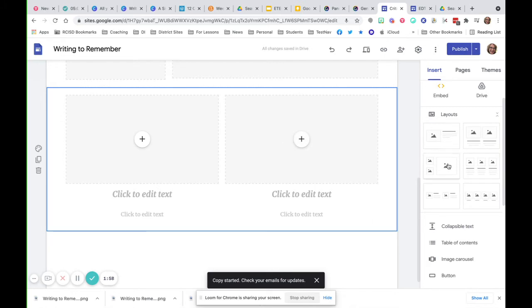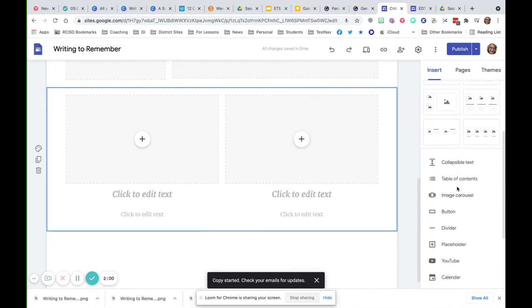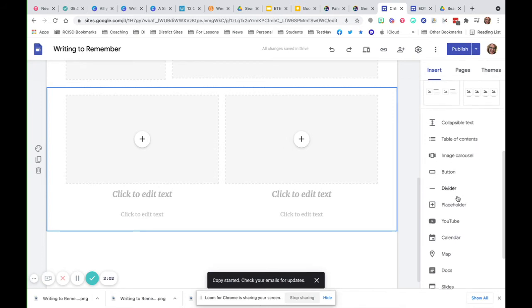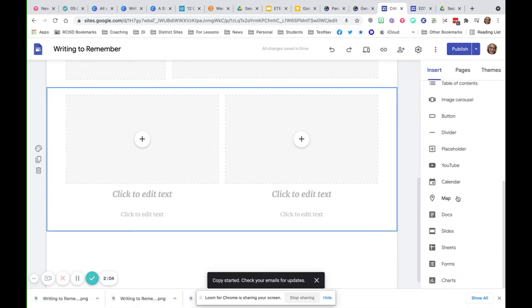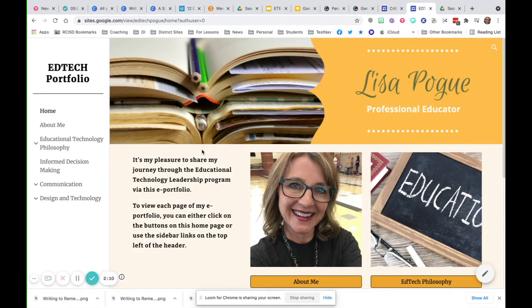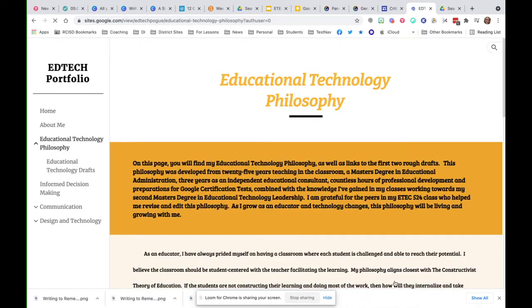I usually start with these and then change them. You can add image carousels, there's buttons, there's dividers, you can import calendars, you can import anything from Google that you like. So to kind of show you how that works, if I click on my EdTech philosophy,